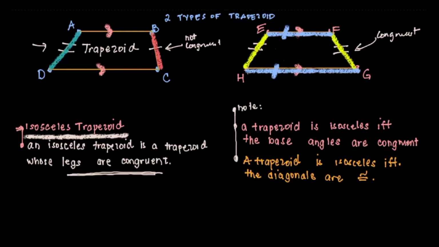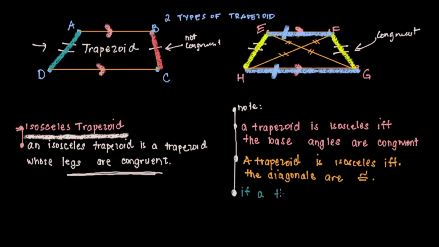First, let us illustrate kung ano ba sinasabi dyan sa property number 2. This diagonal HF and diagonal EG are congruent to each other. So, yan. Masasabi natin isosceles trapezoid yan. What else? Yung panghuli,